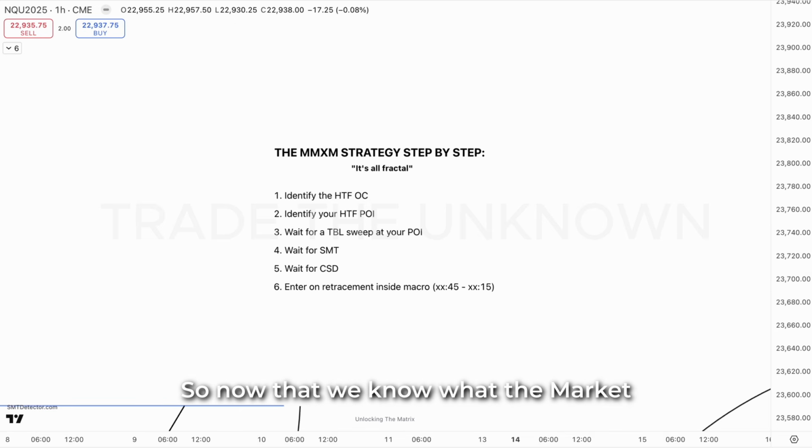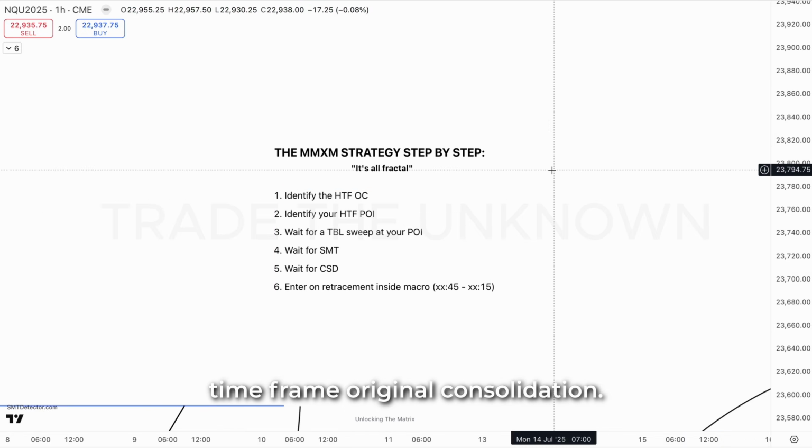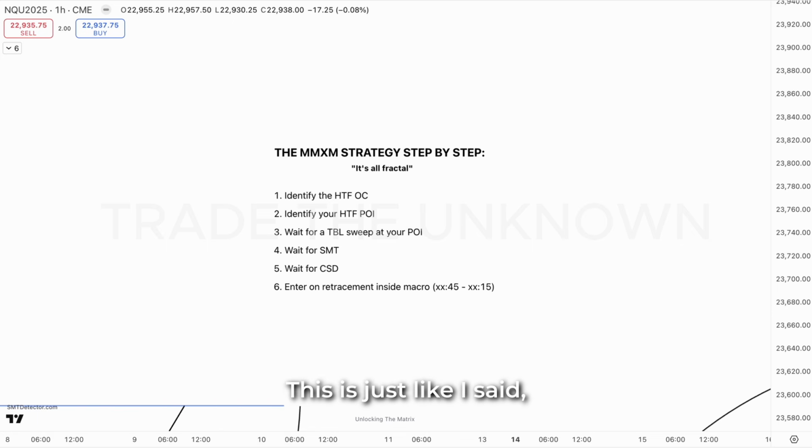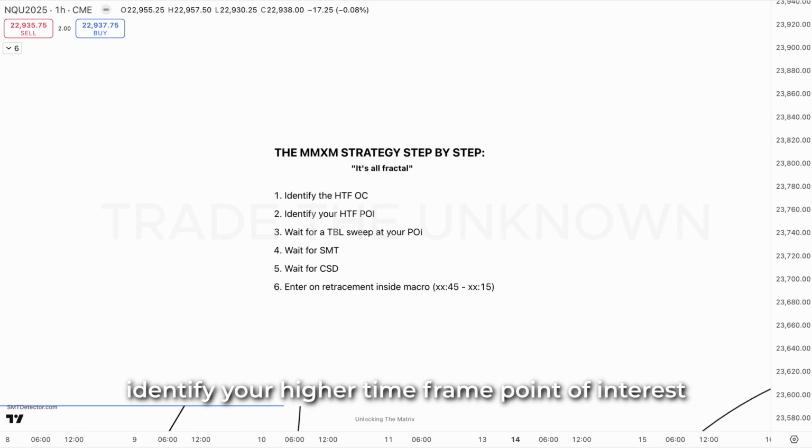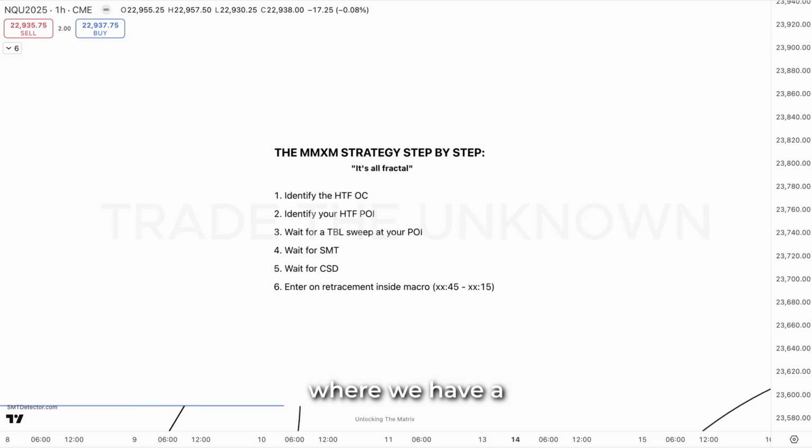So now that we know what the market maker model is, and we've seen two examples, what is the actual model that we're going to be using to trade this strategy, right? Step number one, identify the higher time frame original consolidation. Just like I said, we identify the point where price is likely going to return to at a later time. Step number two, identify your higher time frame point of interest, where we have a higher time frame